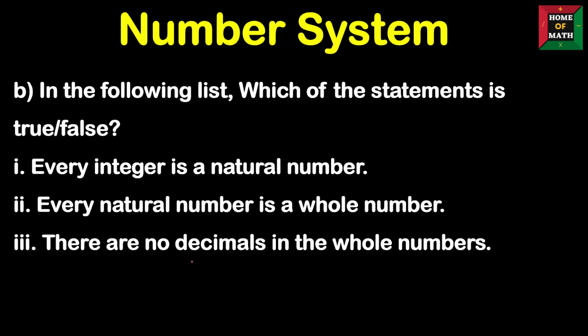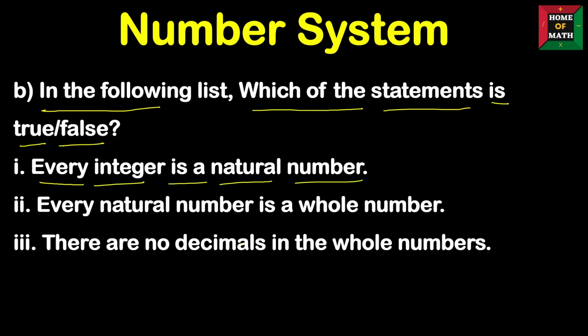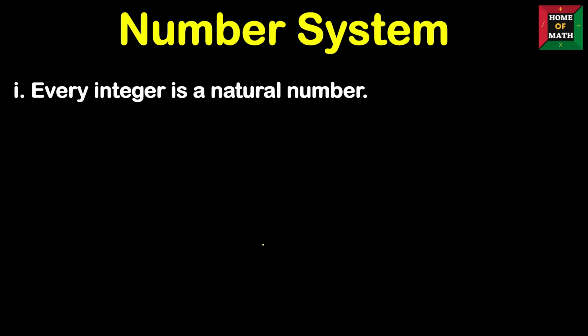Next one, part B. Here are 3 questions. In the following list, which of the statements is true or false? Number 1: every integer is a natural number. So is it true or false? It should be false. Why? Look,